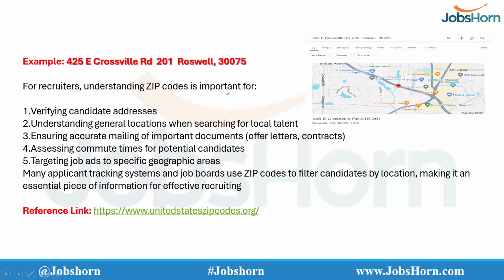For recruiters, we have to identify the candidate's address, where the candidate is living. It is mostly important to check the zip code, or we can enter the address also, which will clearly show the candidate's current location.